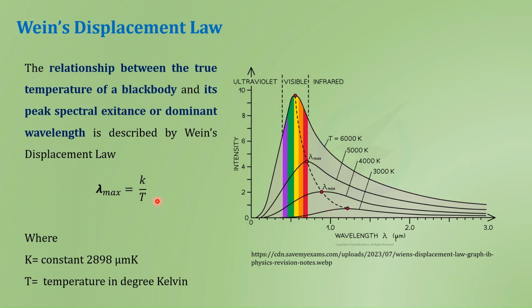For example, we considered the Sun as a black body having the temperature of 6000 Kelvin and the Earth as a black body having the temperature of 300 Kelvin. So when we have 6000 Kelvin in the denominator, the lambda max is towards the shorter wavelength, and because of this the solar radiation is shortwave radiation. And when we consider 300 Kelvin in the denominator, the lambda max is towards the longer wavelength, and because of this the emitted energy from the Earth is considered as longwave radiation.